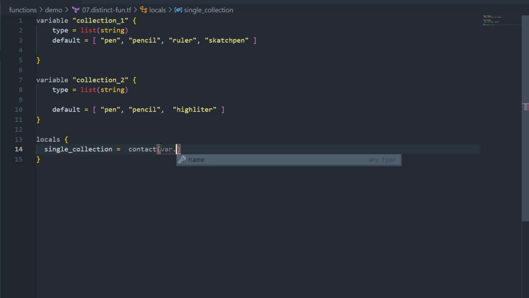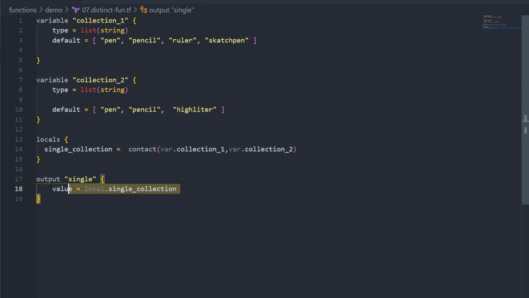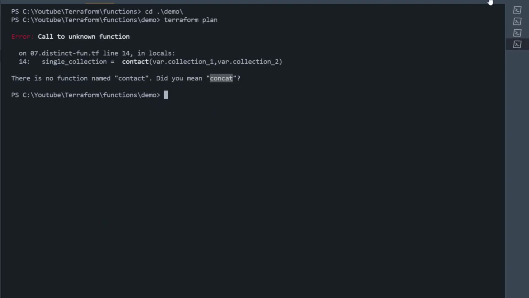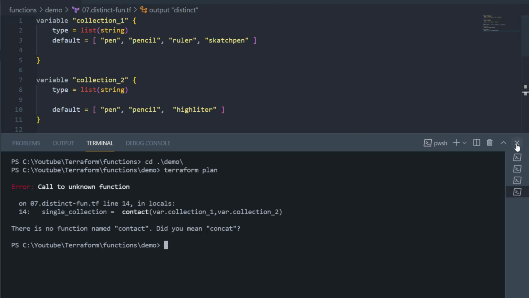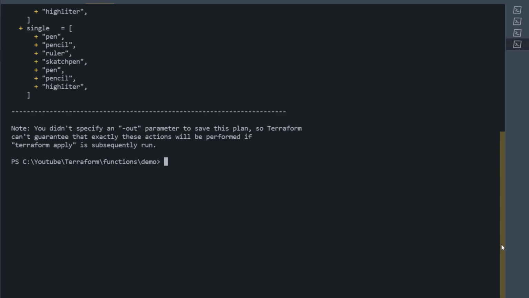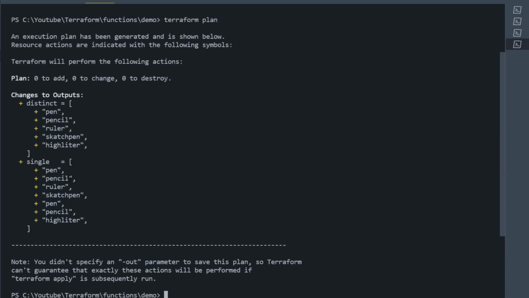Basically concat is going to concatenate these two lists, and then if I would like to use the distinct function, I can use this single list, so it will display the distinct values from this list. Oops, misspelled. It should be concat.